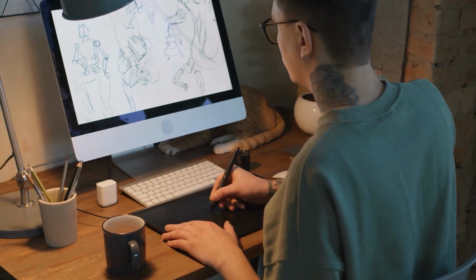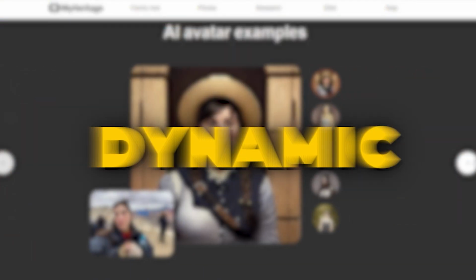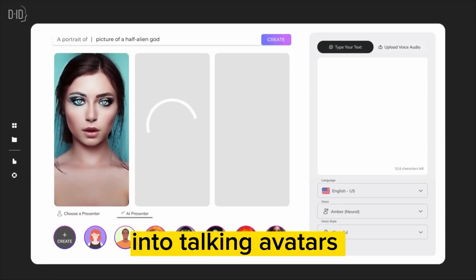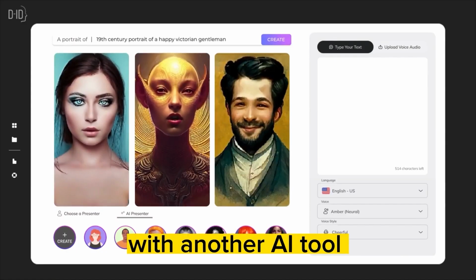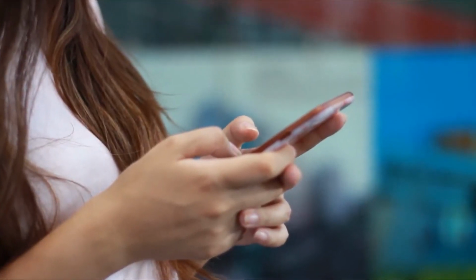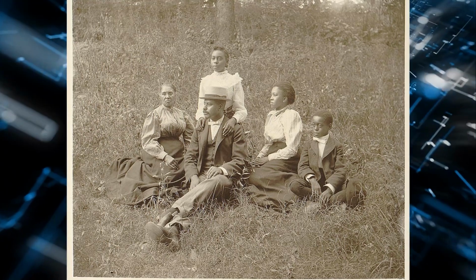Have you ever wondered how you can turn your still images into dynamic, eye-catching videos using the power of AI? Well, you're in the right place because today we're diving into the top 4 free AI tools that can do just that. Picture this. You've got a collection of cherished family photos and you want to bring them to life